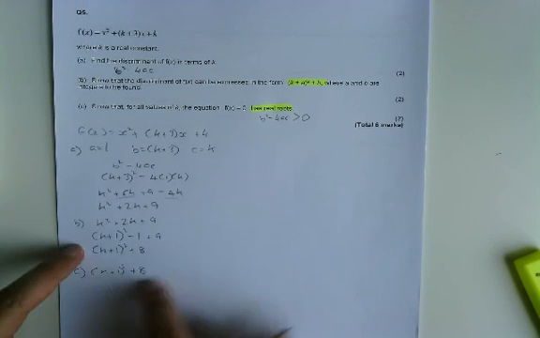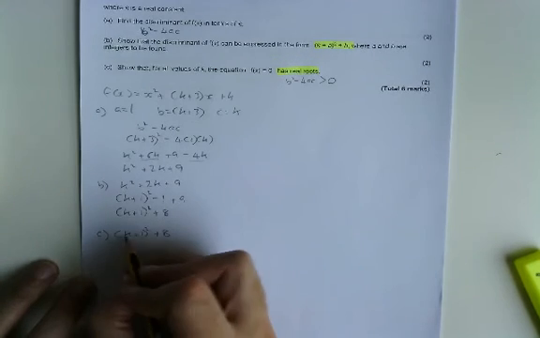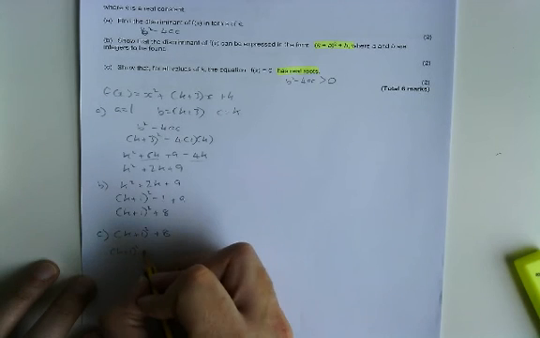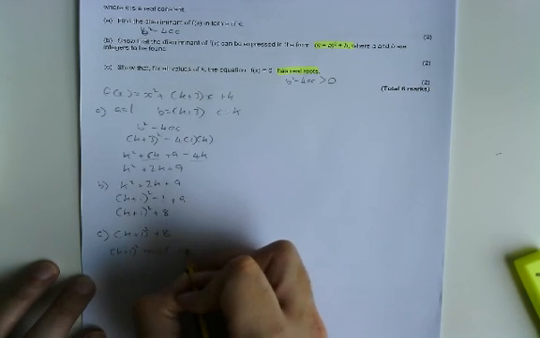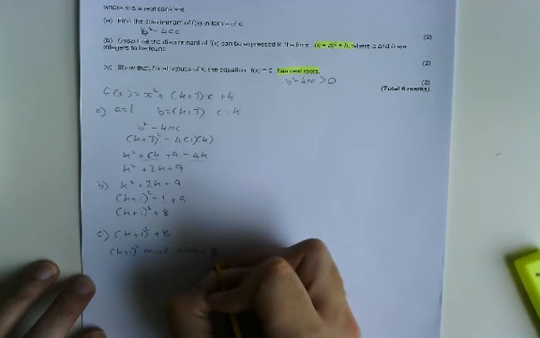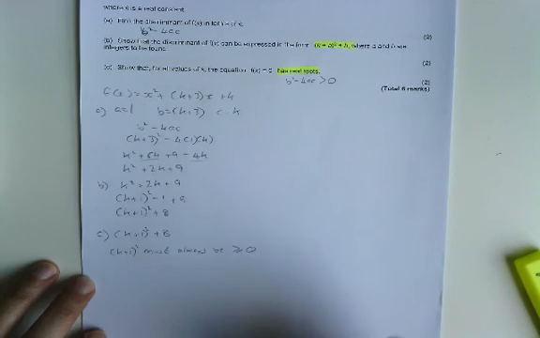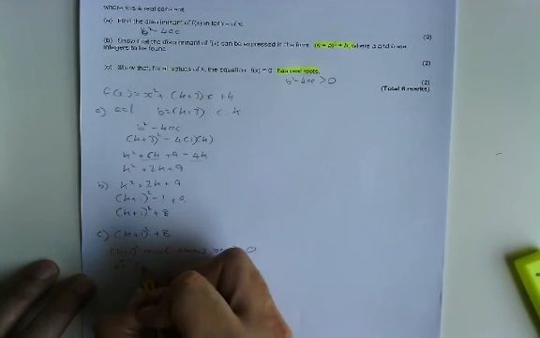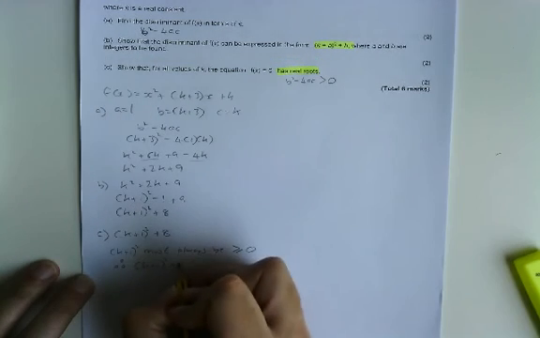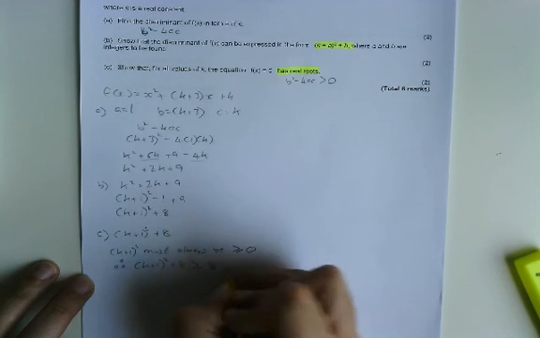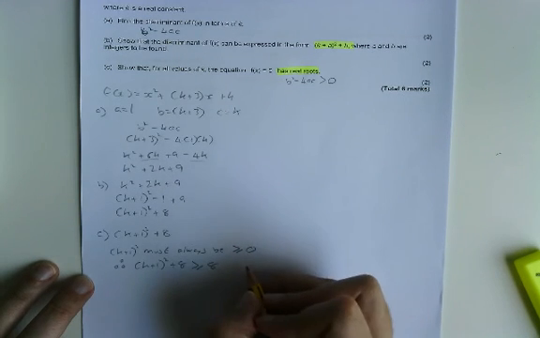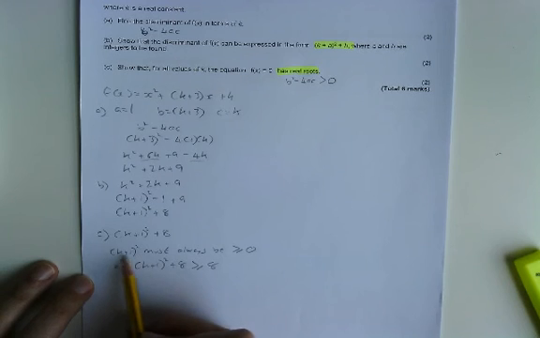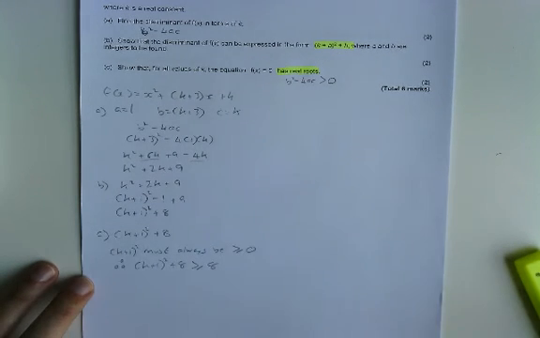Okay, so you have to do a little bit of thinking. (k plus 1) all squared must always be greater than or equal to 0. Okay, therefore (k plus 1) all squared plus 8 must always be greater than or equal to 8. Does that make sense to everyone? So you've got (k plus 1) all squared, no matter what that gives you, no matter how big the negative